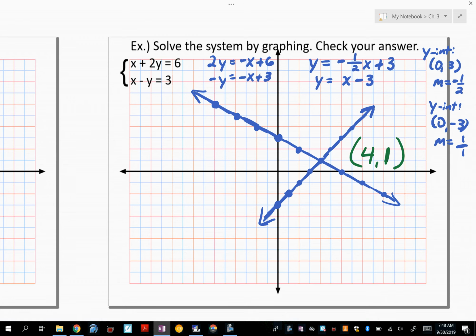Yes, Ashley. This one right here, this slope. So do you look in front of x for your slope? If there's nothing in front of x, it's 1. If the slope is 1, I put 1 over 1 to make sure I go up 1 and right 1. This one here, so the slope is negative 1/2. So when I do a negative slope, I always go up. So you go up your numerator, up 1. Because it's a negative, I'm going to go to the left 2. Okay? Any other questions? No other questions? Okay, so